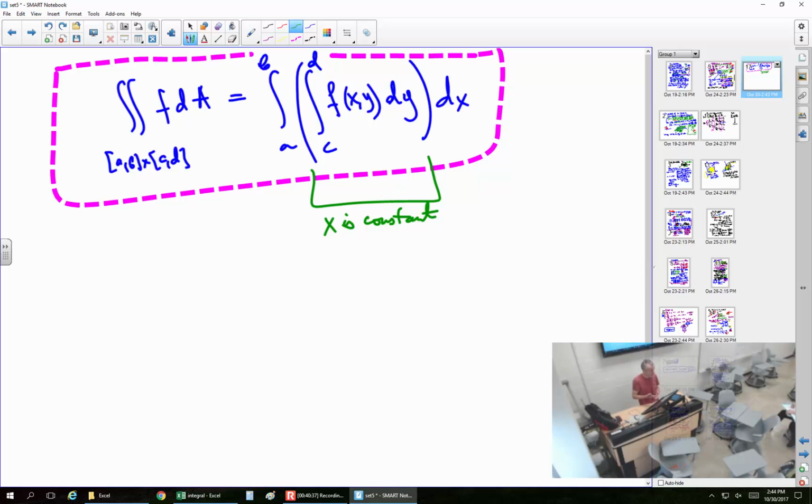Okay, and then once you're done, the end result of integration with respect to y is a number that does not depend on y, but it might still depend on x. Okay, so just as an example of this, if I need the double integral of, say, xy over the rectangle [0,1] by [0,1]